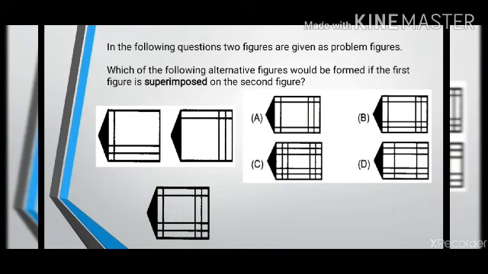In option A there is one line on both the corners. In option B I have one and two lines in both the corners. Now in the question figure, you can see here I have two horizontal lines. In this figure I have one horizontal line on the top. So when I superimpose, I'll get one horizontal line at the top and two lines at the bottom. So ultimately my answer is option B. There I have one horizontal line at the top and two horizontal lines at the bottom.